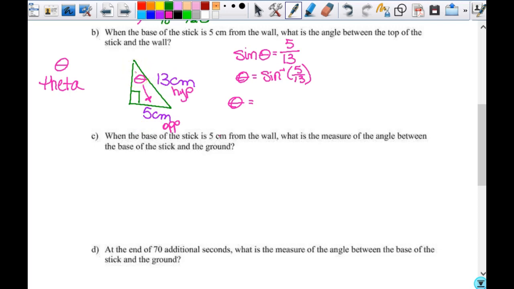But don't just think because you get something super small like that that you're automatically wrong, because you can have an angle like that. It's probably not going to happen in a situation like this, but that is definitely possible. At some point, that angle is going to be that small as this comes down. All right, so we get 22 point, I already forgot,